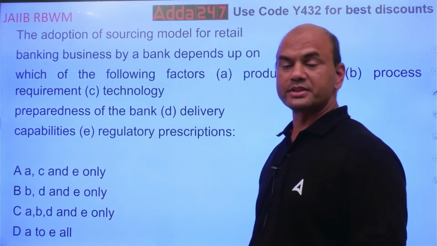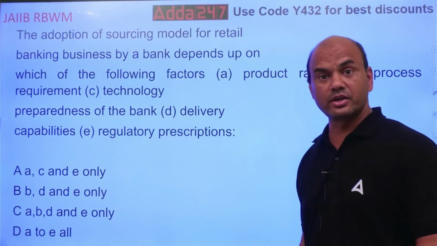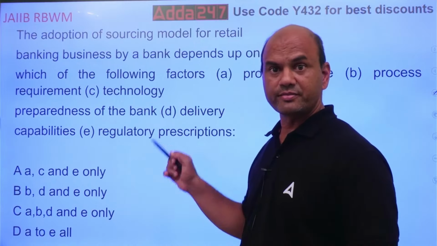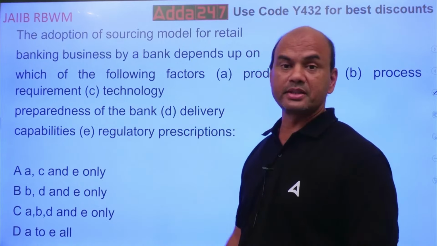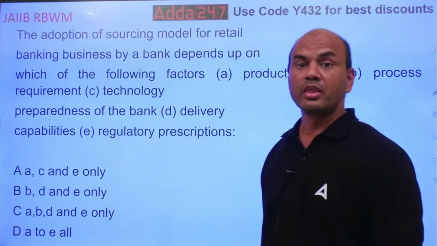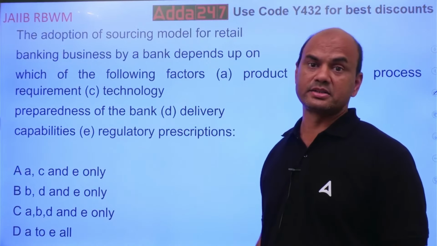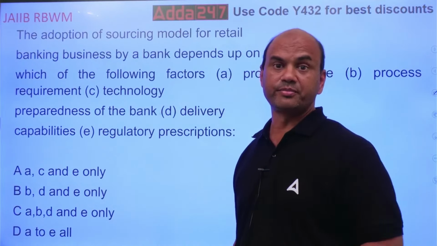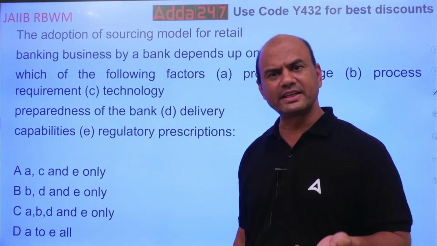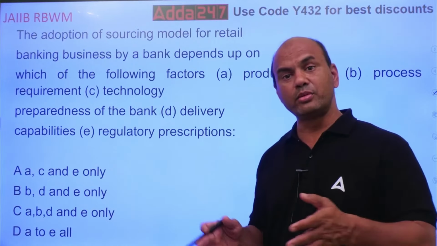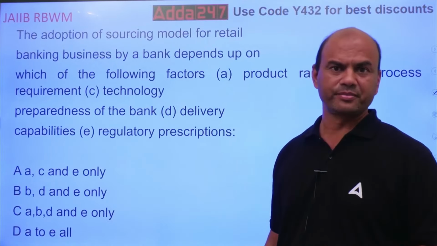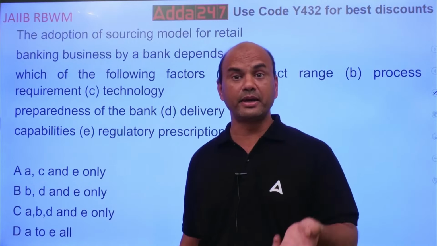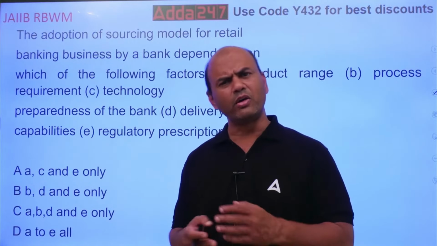Technology preparedness: how fast you are in the technology. What is the latest technology you are having? Are you having AI? Are you having blockchain over here? Delivery capabilities: are you able to deliver? Means here you mean channels, various channels. Are you with the alternate channels? Are you with physical channels? Both of them. Physical channels means branch, DSA, mobile, mobile van is there, no? Alternate means your internet banking, your app, your mobile banking, your telephone banking, all the ways of reaching